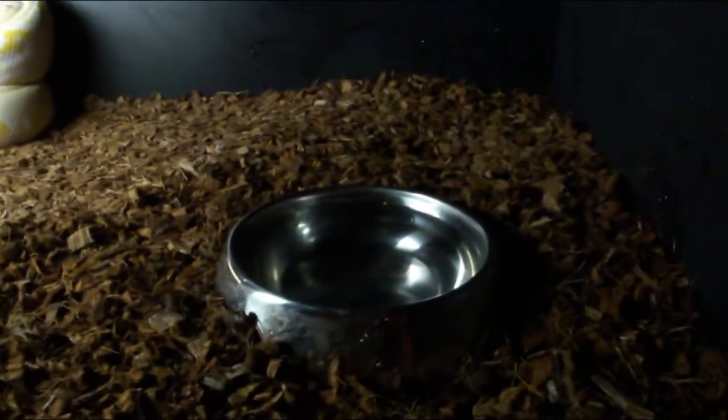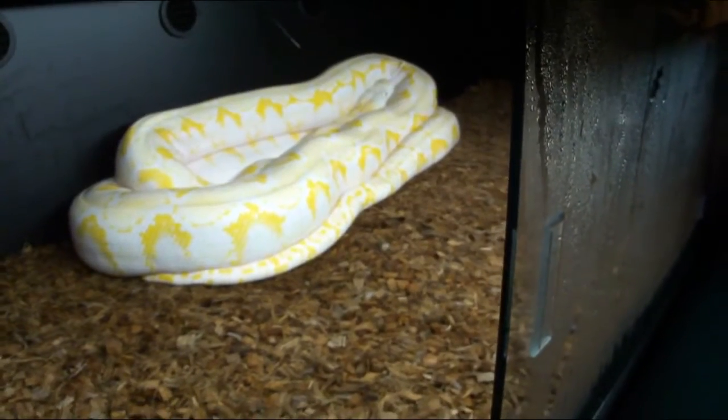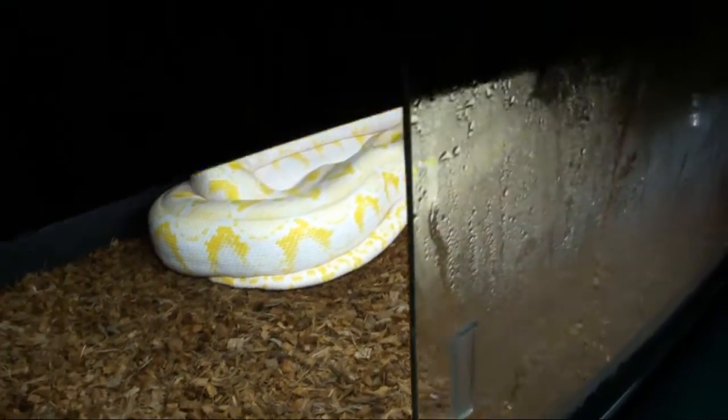And I put the water here. It's been doing great. The only thing I don't like about it so far is I'm getting condensation on the front of the glass and it's leaking. It's dripping down and leaking out of the tank on the pool table. But other than that, it's been doing great. And I think the condensation is really from the difference in the temperature between the inside of the tank, about 88, and the outside temperature out here. So I'm thinking I can raise the room temperature a little bit just to keep the humidity from building up